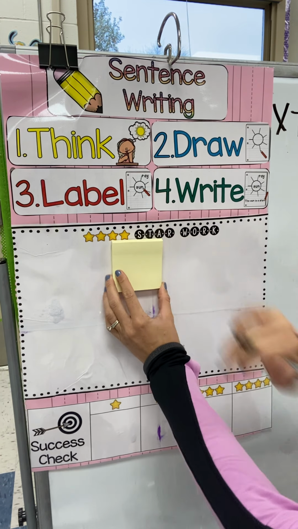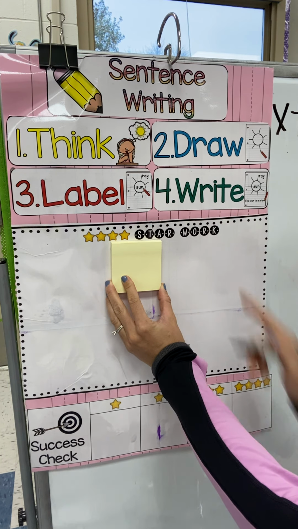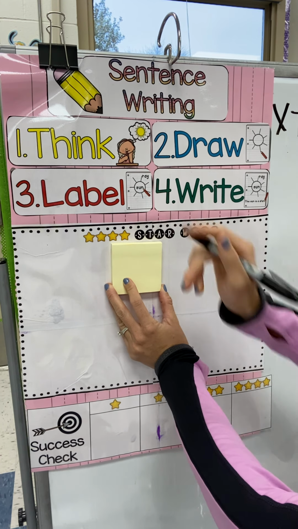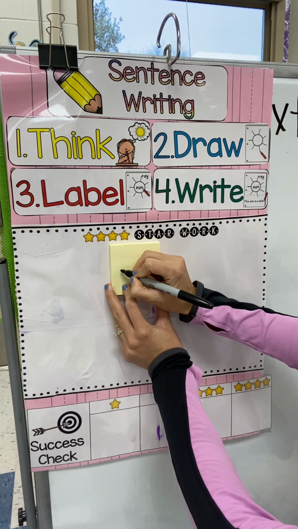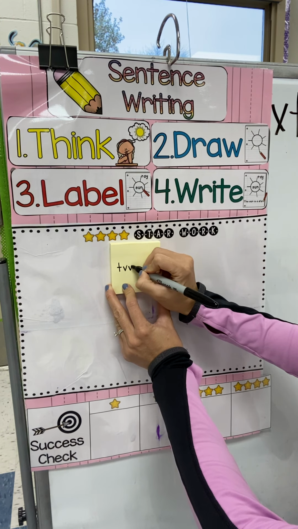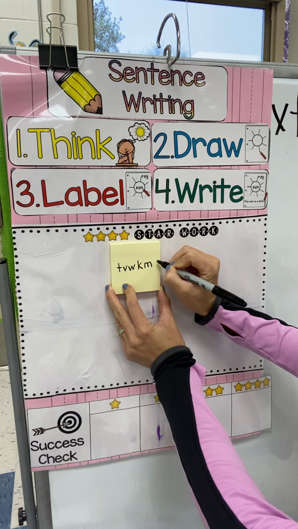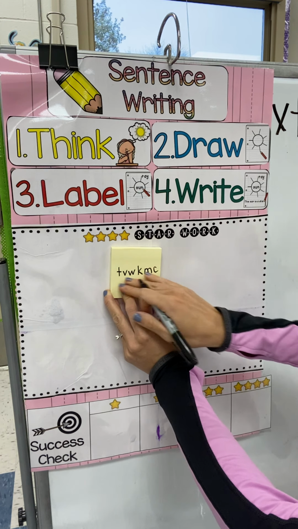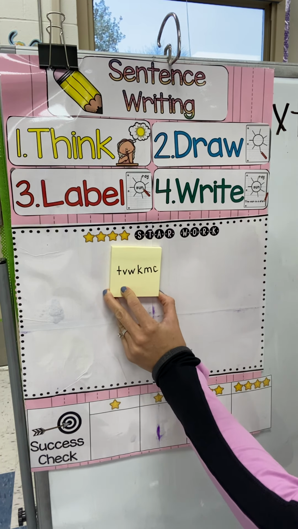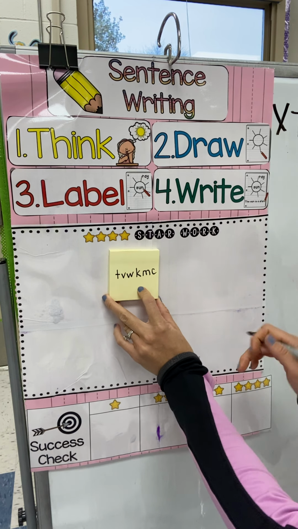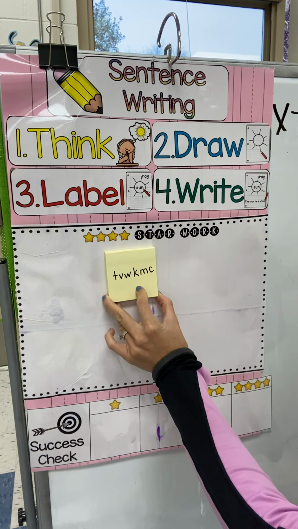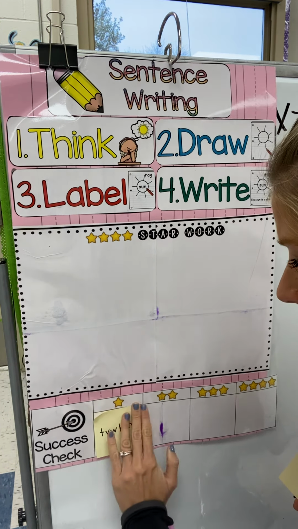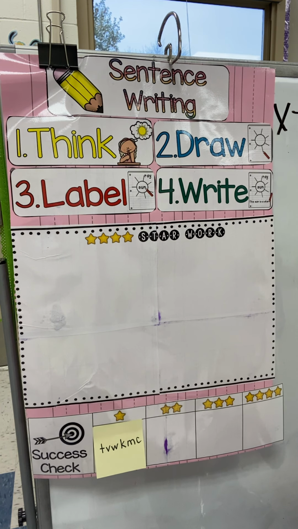So here's my paper and I'm going to show you. I want to write about the color red. I want to write the sentence, I like red. So let me write that sentence. Does that look like I like red? No, we just wrote a bunch of letters. We didn't clap out the words. We have no finger spaces. There's no capital letter and there's no period. So we wrote down letters. That would be 1 star. So I'm going to put that right next to 1 star